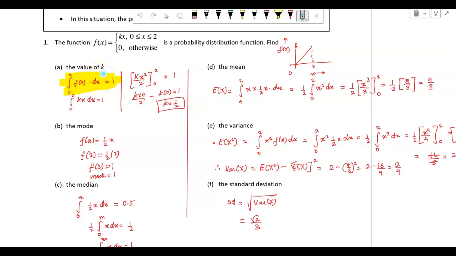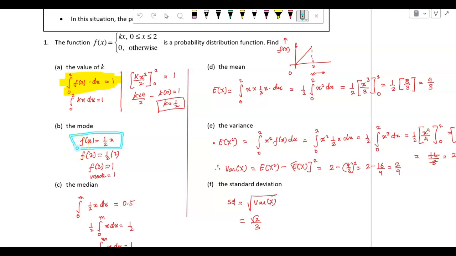So we use the property. What's the property? That the integral of fx is equal to 1. So from 0 to 2, fx dx is equal to 1. Correct? So you integrate kx, which is 1. Integral of k is constant, and integral of x is x square over 2. Substitute and solve for k. Okay, so that means my function is